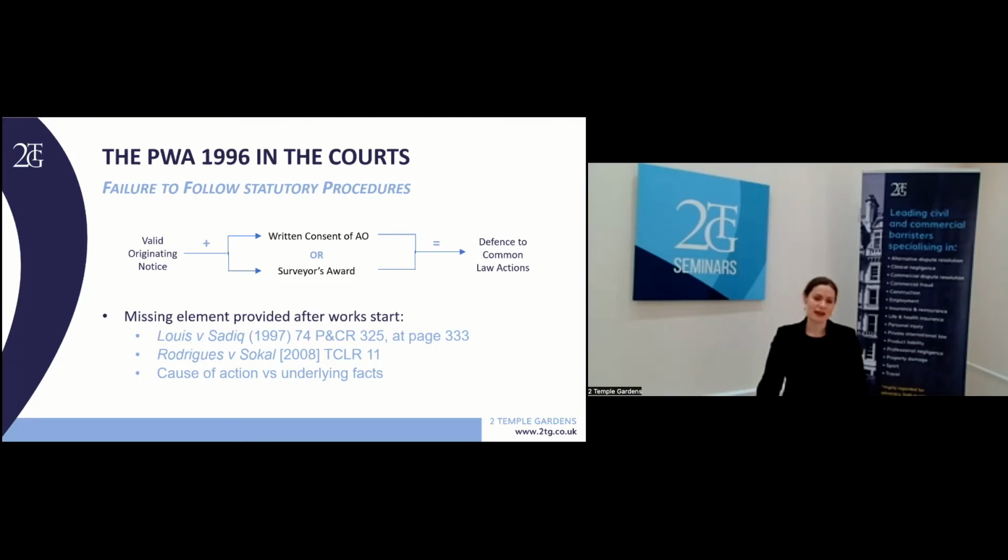However, on my reading, there is nothing in Rodriguez to suggest that if the adjoining owner was to bring a claim that wasn't based on factual findings which were contradicted by the surveyor's award, for example, if the surveyor had confined themselves to considering the north part of a house and the civil claim was only in respect of the south part, that this would also be precluded. So while Rodriguez is an interesting authority, I would caution against interpreting it more widely than it needs to be interpreted.